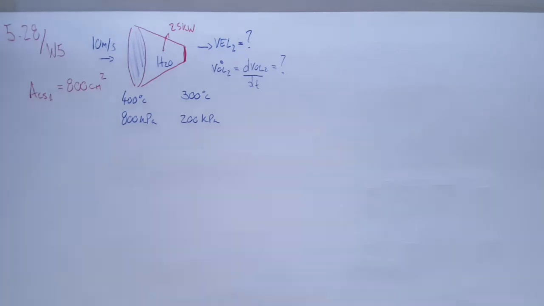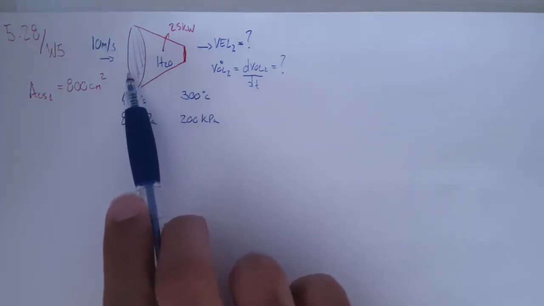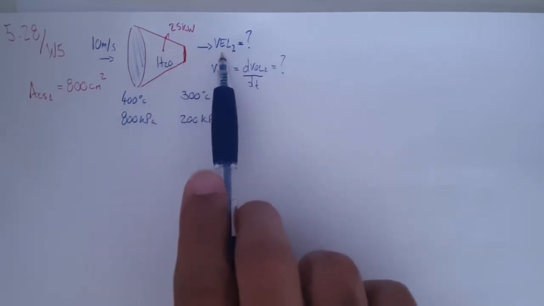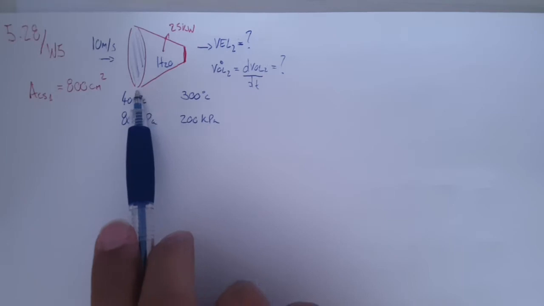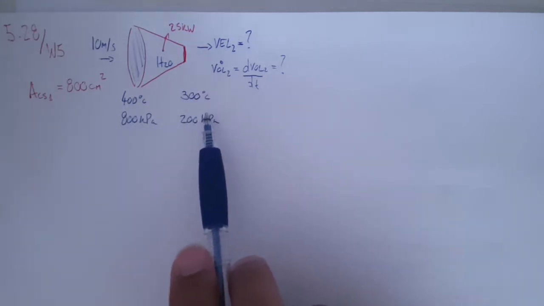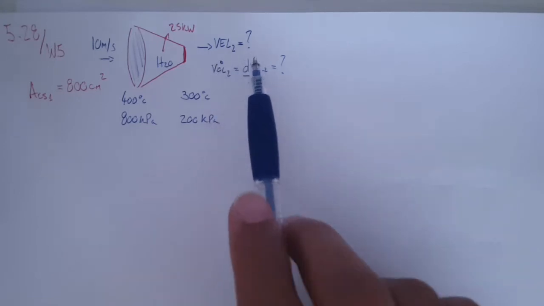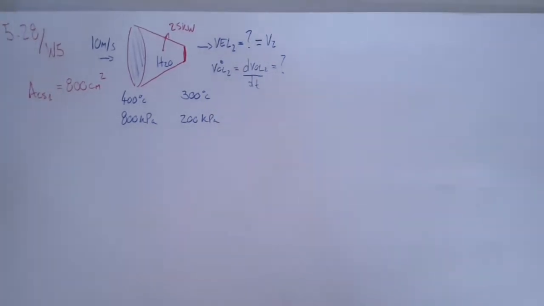Okay, so now we have problem 5.28 on week 5, and we're looking at steam that's entering a nozzle. It enters at 10 meters per second, and then it leaves at a given velocity that we don't know. It enters with this set of properties, leaves with this set of properties, and we're asked to calculate the velocity of exit, which I'm going to call V2, okay, and the volume flow rate at the exit, which I'm going